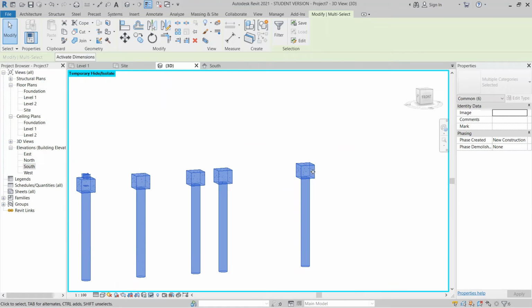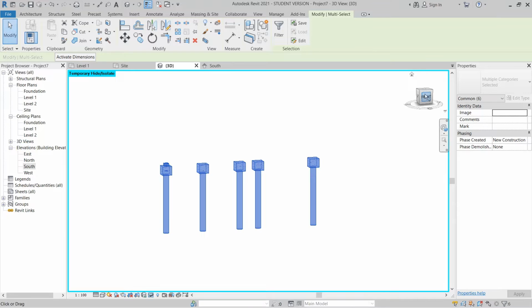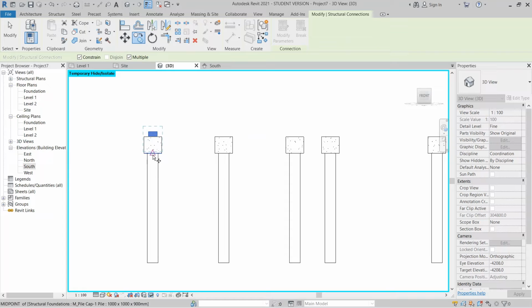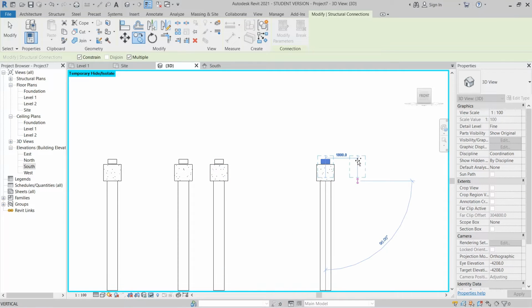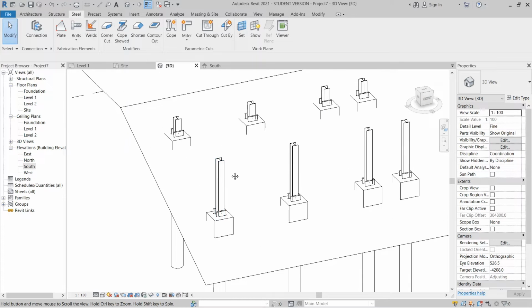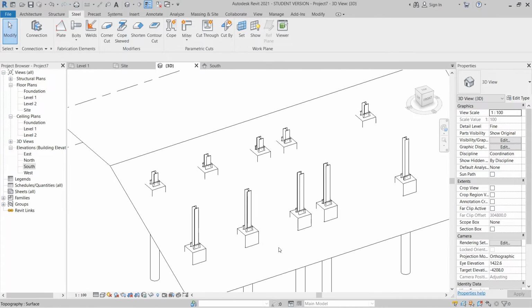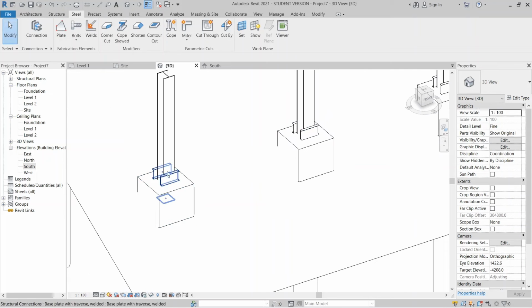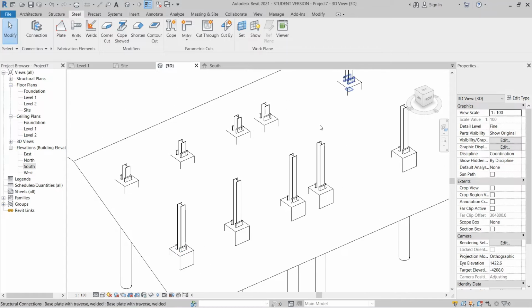Then HI on my keyboard for hidden element. Just start from the front, select this one, copy, CO, then start from here until here. Make sure you take multiple selection. Hit escape, HR for Rebar Bed 3D, and boom, you have done your I column here, fit your structure here for steel connection. It's time to add our beam there.